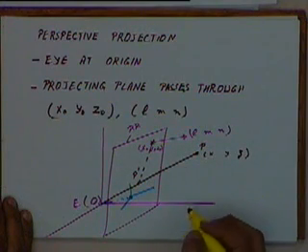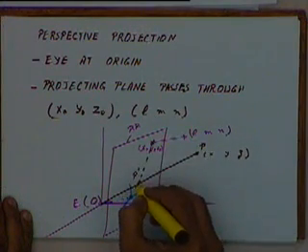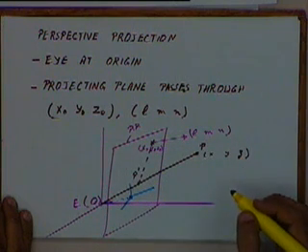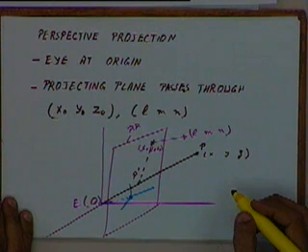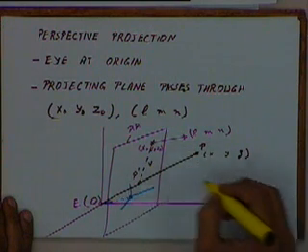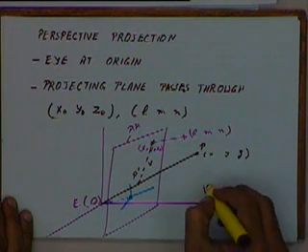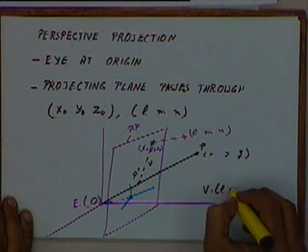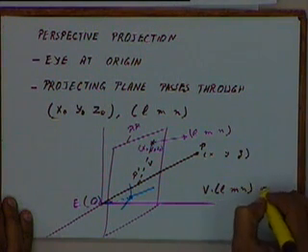The dot product of the two vectors. The dot product of this vector with this unit normal vector has to be equal to 0. Is that okay? Let's say this is my vector, let's call it V. So the vector V dot with L M N has to be equal to 0.